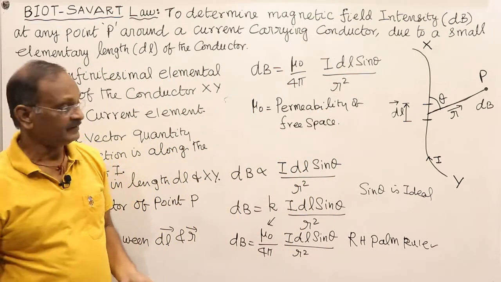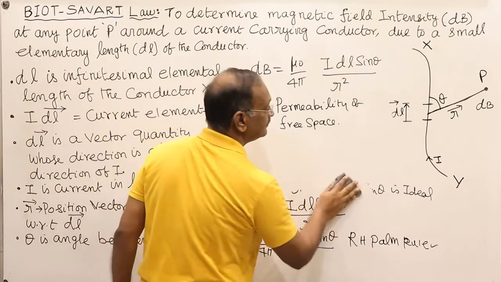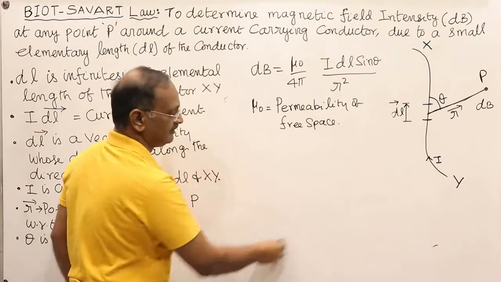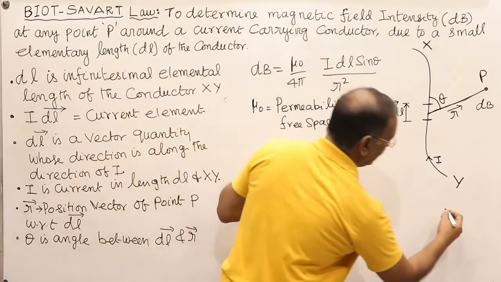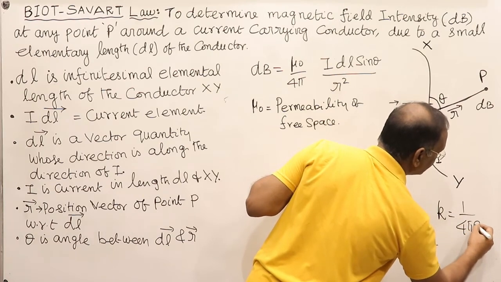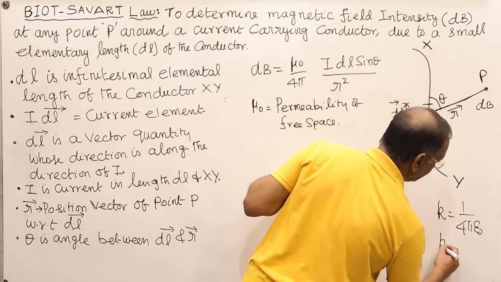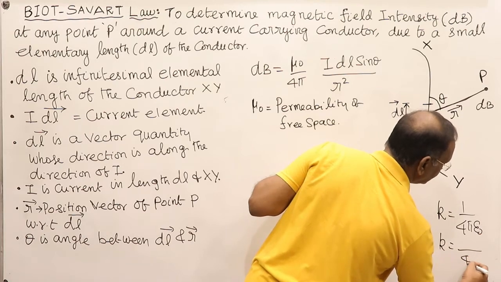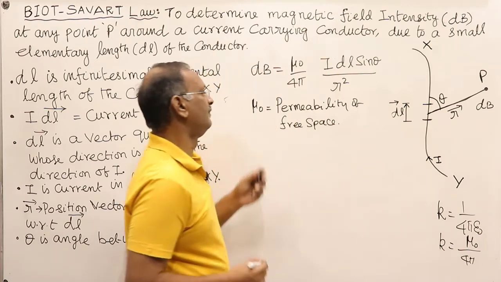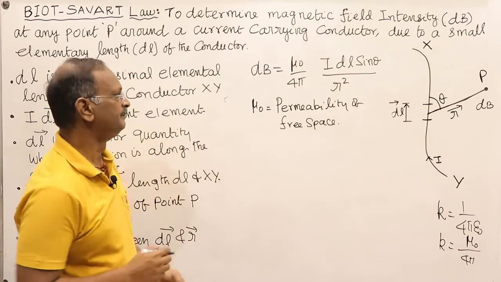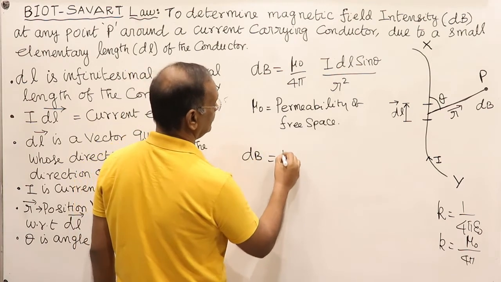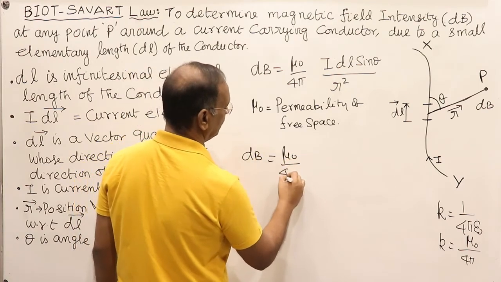So we are replacing this K. What is this K? The K is replaced, in electrostatics, by 1 by 4 pi epsilon naught. In magnetism, the 4 pi goes on the top, and that becomes mu naught, which is called the permeability of free space. Now with this, dB is equal to mu naught by 4 pi,